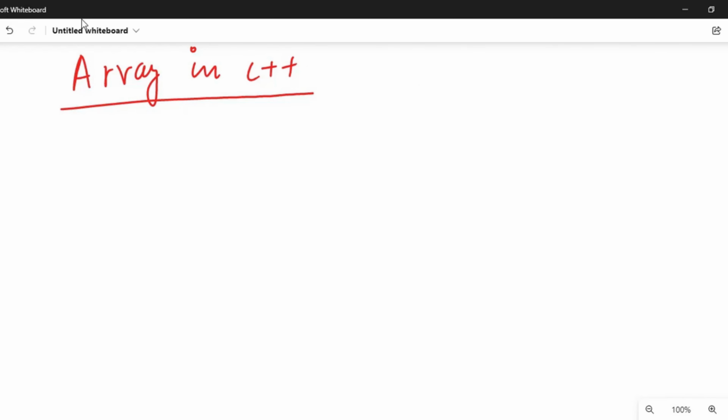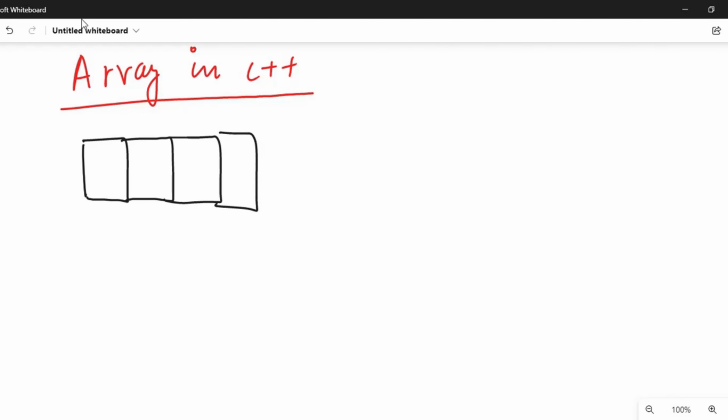So now as we can see, arrays are like blocks of memory. For example, we have divided here blocks of memory 1, 2, 3, 4 and 5. So the address, we call it the index here.